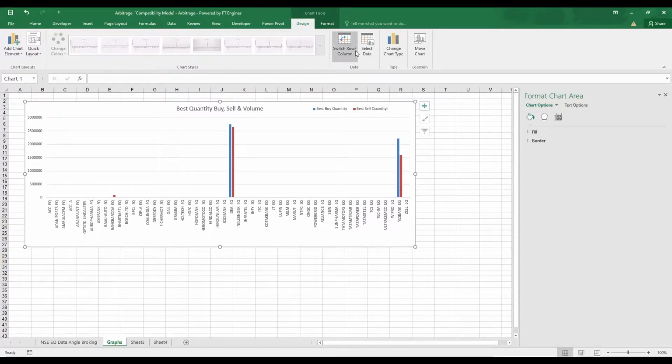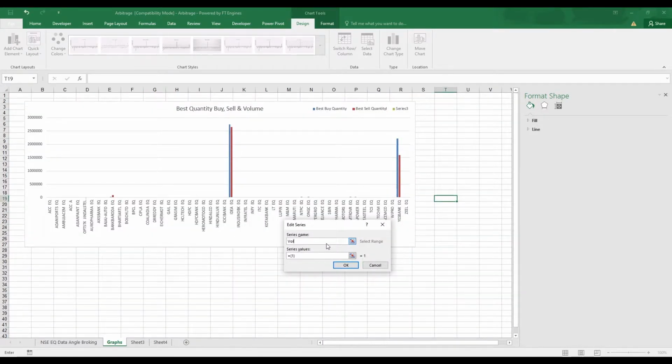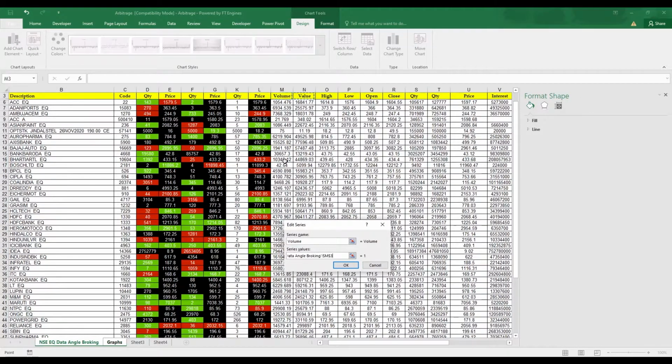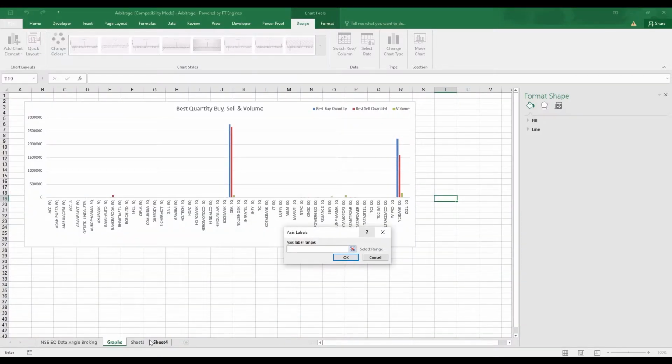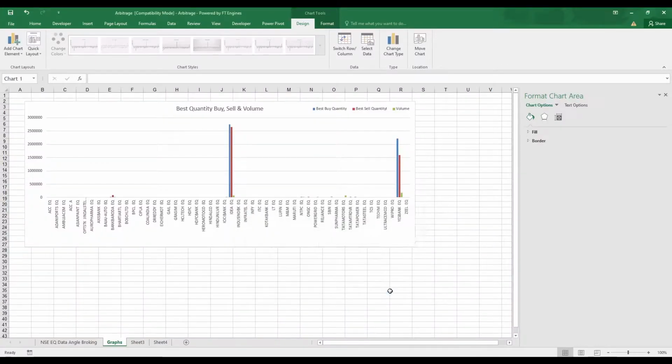I want to make sure here that whatever signal is generating on my graph is actual signal. I am going to verify this signal with volume column data. I am gonna add volume column data into this graph only. So this is it, guys. That's how you import the stock market data into your Excel file.